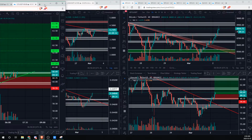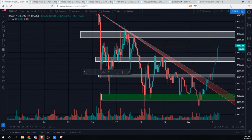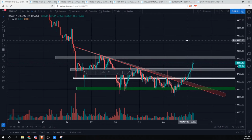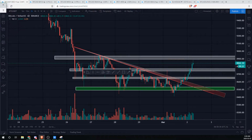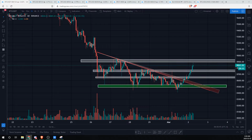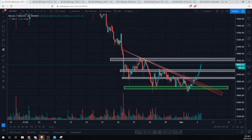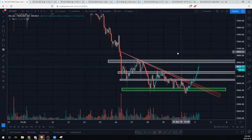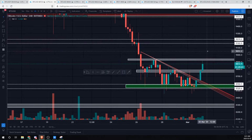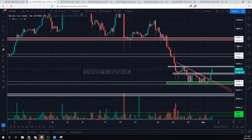I will just keep this on the side here. So if we break this zone, actually, I'm just going to put this over here because I can see it. You guys won't be able to, but that's okay. So if we break this zone, let's just look at the question again. So if we break the $8,900 zone, Colton is saying if we break this high right here, which is the consolidation resistance, where do you think we're heading? So yeah, we can talk about that right now on the 4 hour. The main places we're going to be looking,